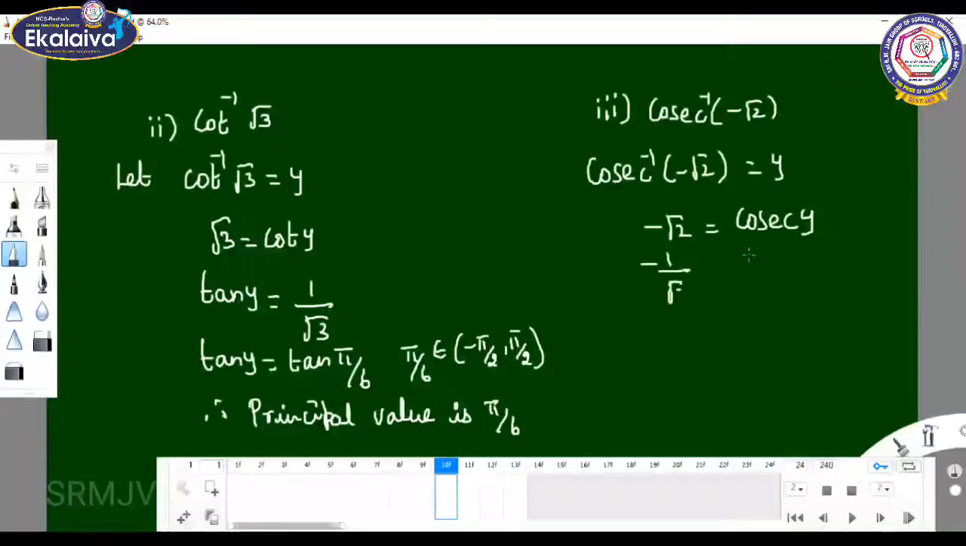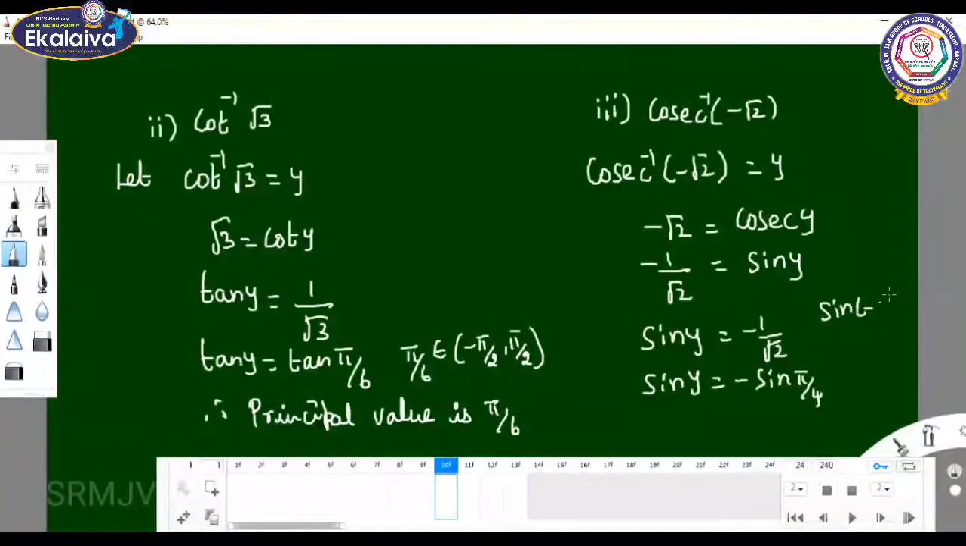1 by root 2 equal to 1 by cosecant y, which is nothing but what? Sin y. So sin y equal to minus 1 by root 2. Sin y equal to minus of sin pi by 4. Sin of minus theta equal to minus sin theta. So what is the value of y? Y equal to